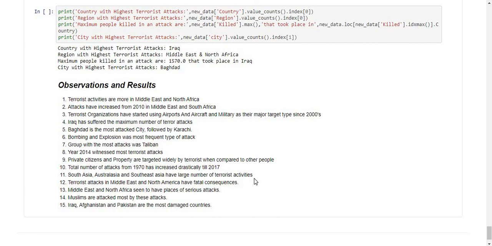We see this from this area diagram. Terrorist attacks in Middle East and North Africa have fatal consequences. Middle East and North Africa seem to be places of serious attacks. Muslims are affected most by these attacks, and Iraq, Afghanistan, and Pakistan are the most damaged countries.